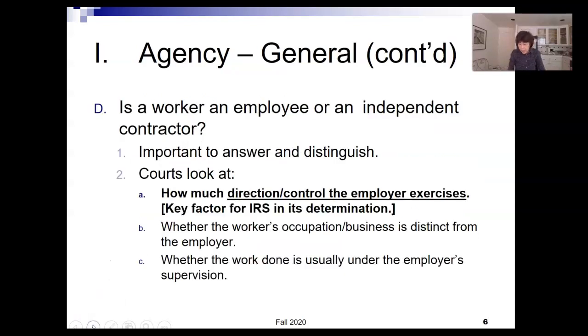All right. Now, how do you tell the difference between an employee or an independent contractor? This ability to tell the difference is quite important. All right. The workers' classification has legal consequences. And not only should the employer be concerned, but the IRS is going to be concerned too, because the workers' classification, whether as an employee or independent contractor, will determine who pays the payroll taxes, who pays the withholdings, or should the employer be paying withholdings.